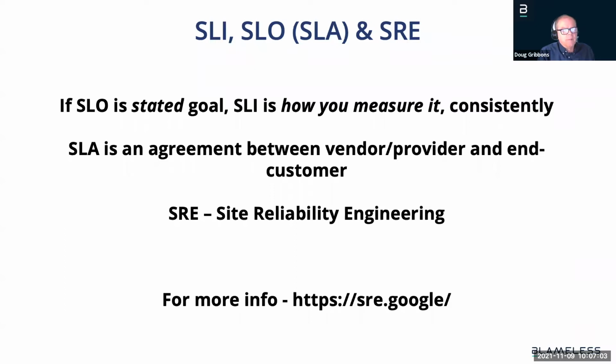And by the way, I've already said availability several times, but Google has said that there are 4, as they call them, golden signals, and they are availability, latency, throughput, and saturation. So the terms are kind of interchangeable. You'll hear me say availability a lot, but certainly they are